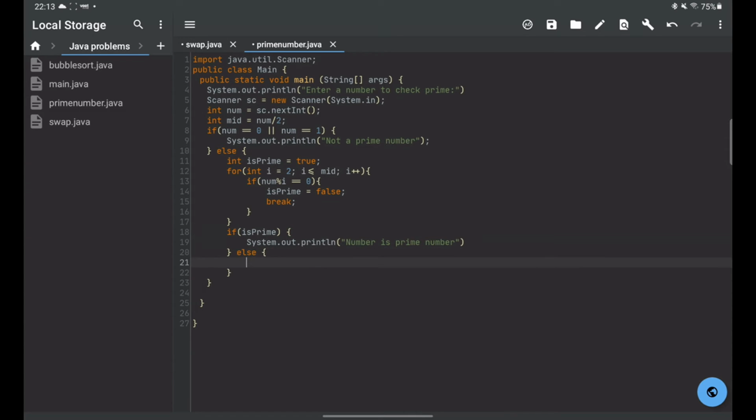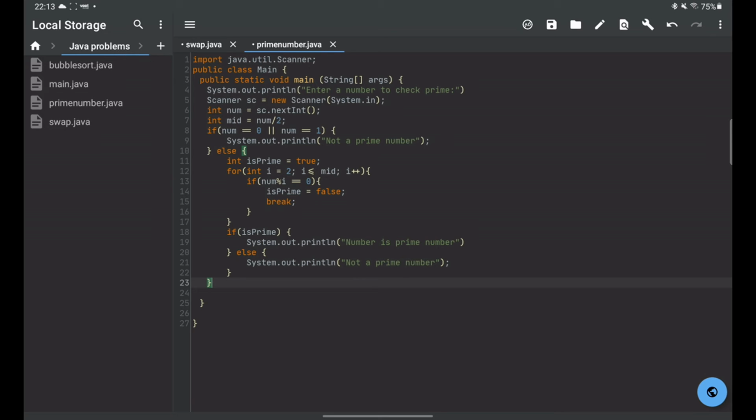Or else, it would not be a prime number. So we can copy this condition. Okay, I think this should work.